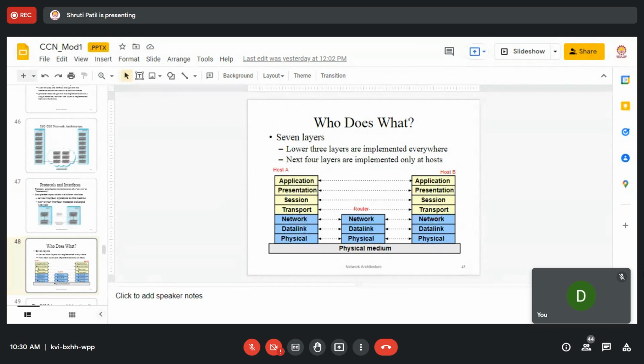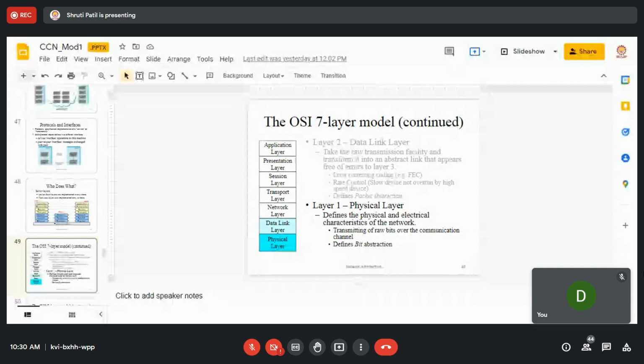We have seen the functions. Say, for example, the first one is the application layer.